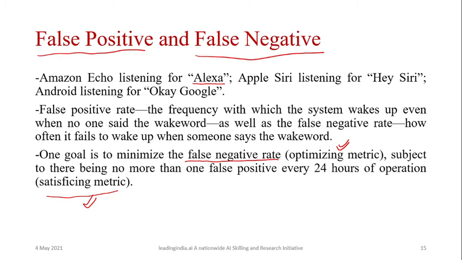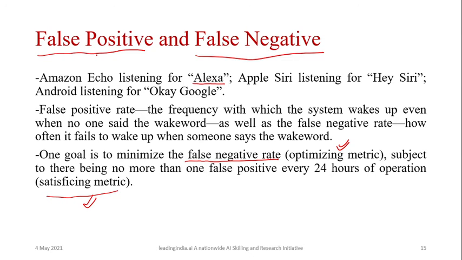Now let's take another case. Suppose you want to give an instruction to Alexa, and instead of one call, it listens only on the second call sometimes in a day. That will still work for you, right? So in Alexa or Google Home, you are not ready to accept false positives, which means your satisfying metric will be the false positive rate. You may accept a false positive only once in a month, or once in a year, but your false negative rate is what you try to optimize.